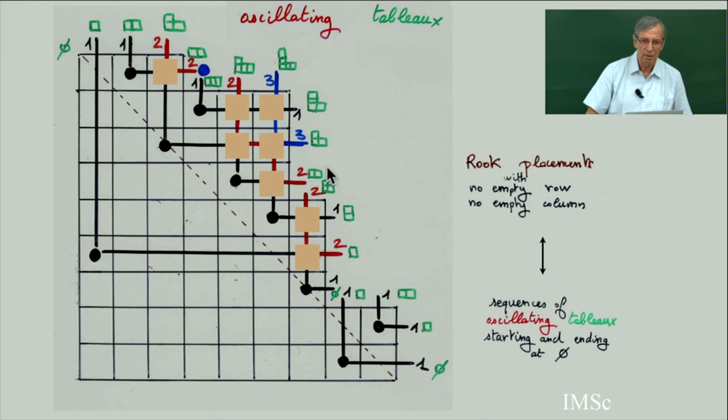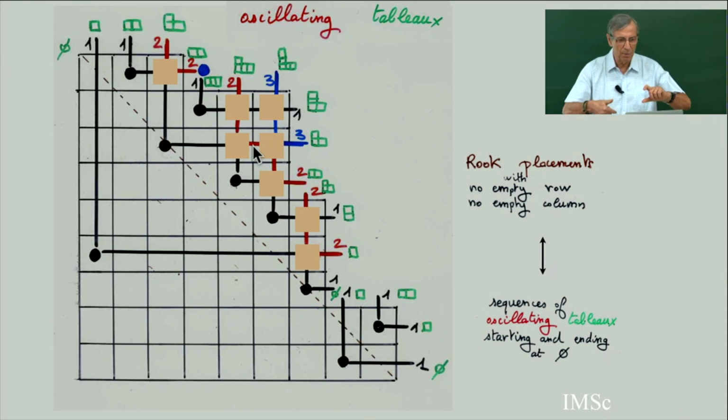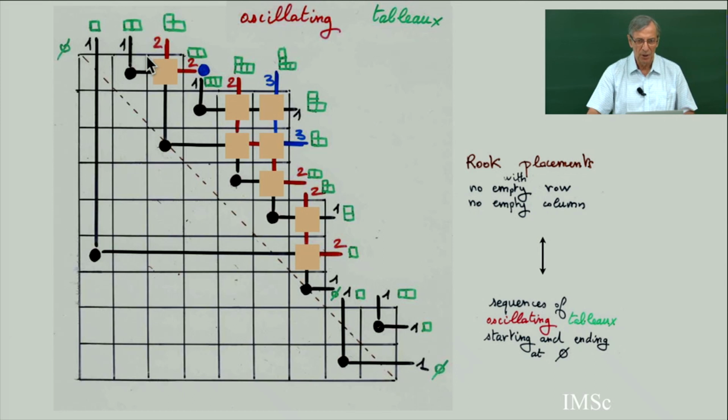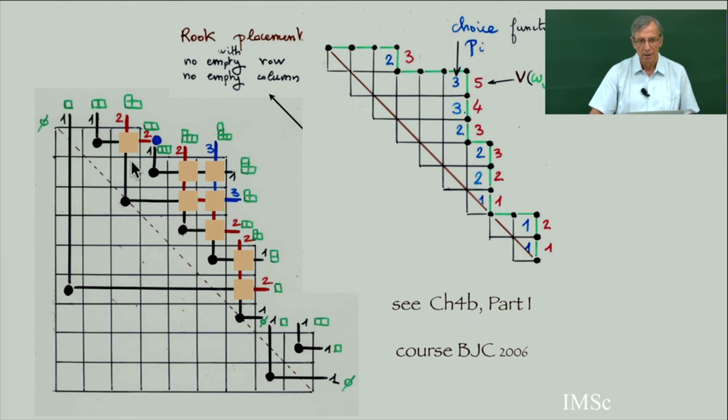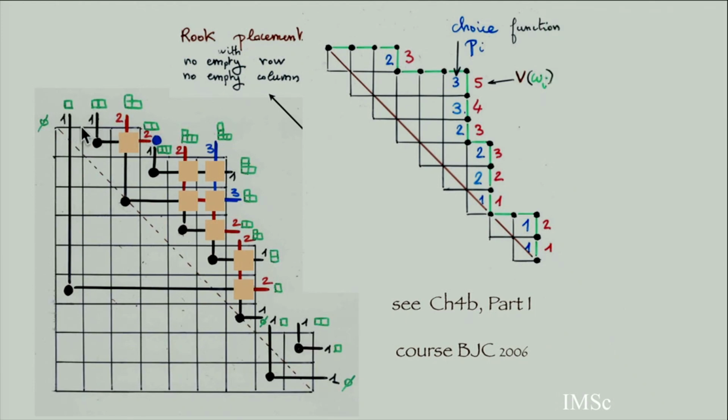Just take this cell. You remember you have two different representations of the quadratic algebra UD minus DU equals identity. One representation was giving Robinson-Schensted. The second representation was giving the inversion table. So here I am in the second representation. This green cell is the inversion table, and what it means is the following. To get one rook in each row and column, the border of the diagram will be a Dyck path. Necessarily the upper border is a Dyck path, with the whole diagram below it.